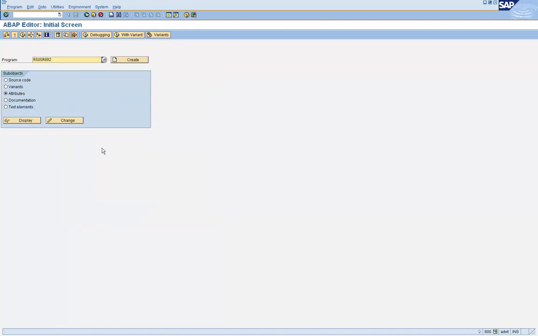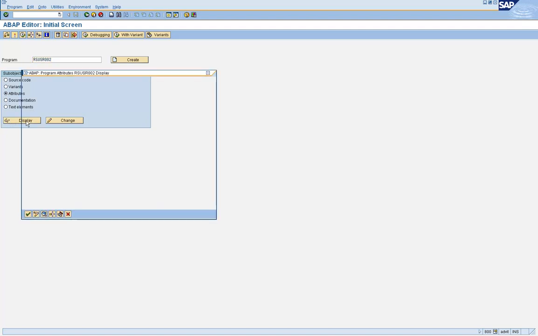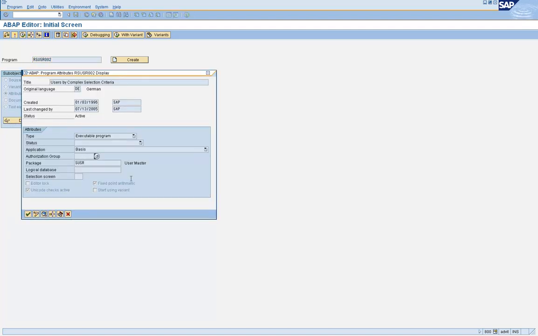Okay, so this is an open program which can be executed by everybody, because RSUSR002 is not assigned to any group.